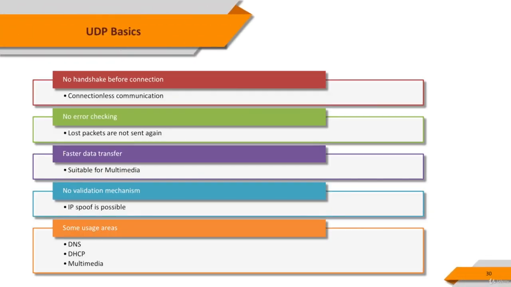UDP is another protocol of transport layer, layer 4, used primarily for establishing low latency and loss tolerating connections between applications on the Internet. TCP has emerged as the dominant protocol used for the bulk of Internet connectivity owing to its services for breaking large data sets into individual packets, checking for and resending lost packets, and reassembling packets into the correct sequence. But these additional services come at a cost in terms of additional data overhead,